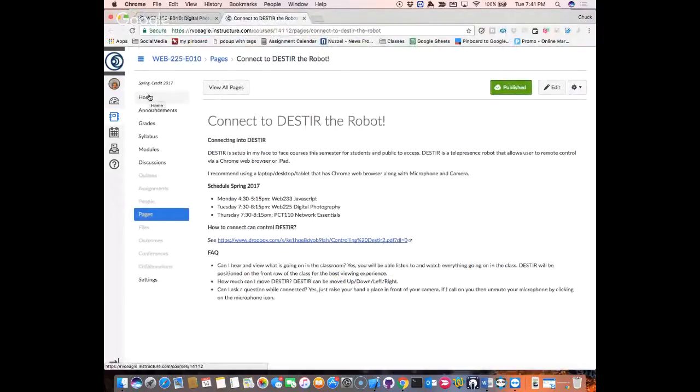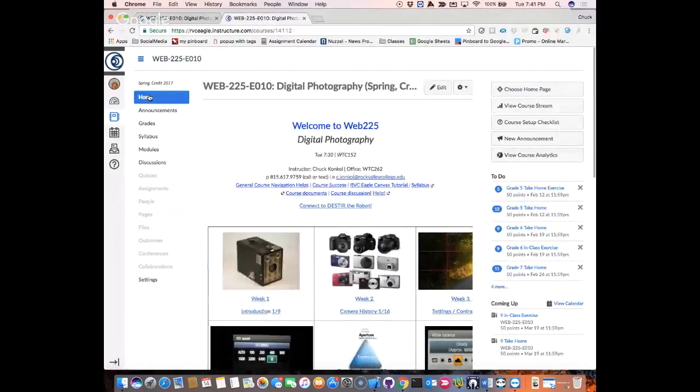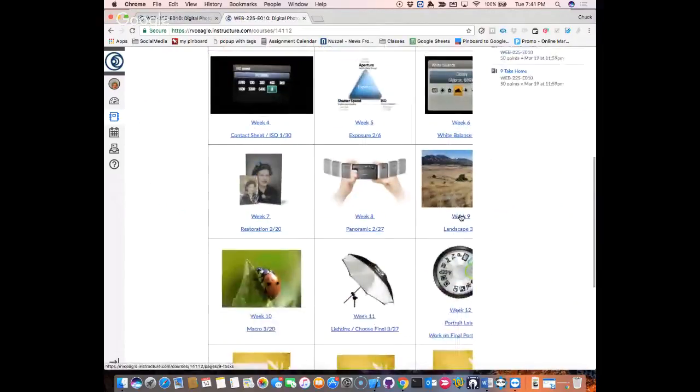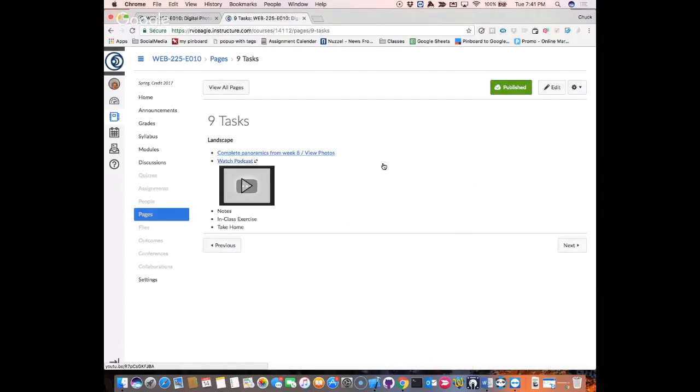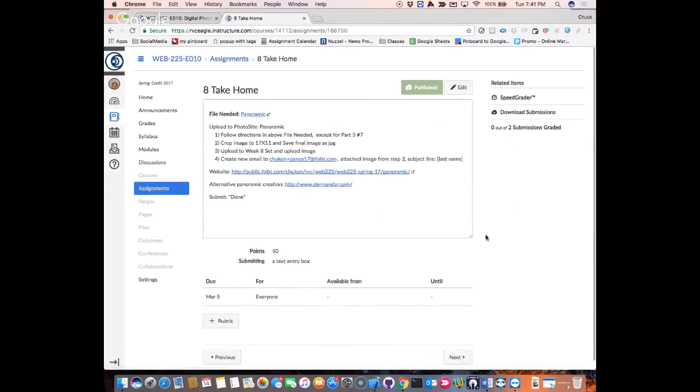I think I asked you guys to bring in your pictures from your panoramic, right? And we're going to do that together in class tonight. If you go to week 9 in Eagle, the top of week 9 has a link that says complete panoramic from week 8 and view photos. And then it goes to this page, and it says here to upload photos, site panoramic, follow directions in the